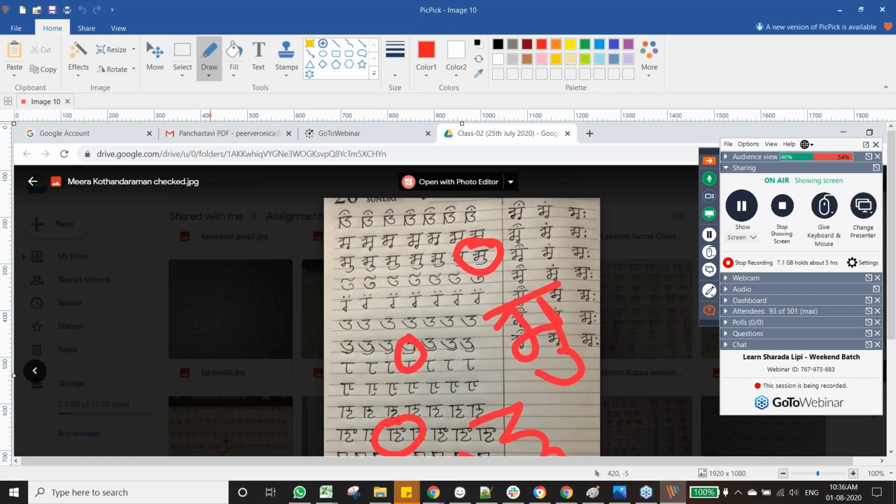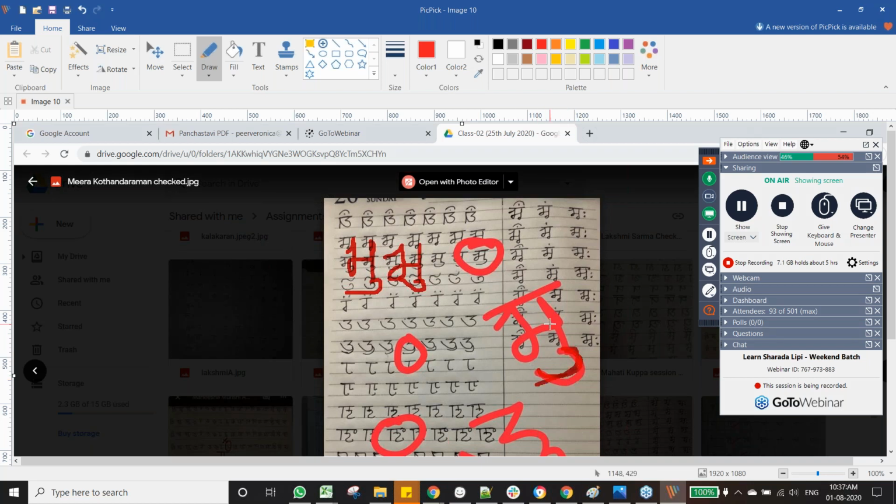Here, yes, one thing we have told in the last class also, when we draw this u matra at the end, it should not be like this. It should not be parallel to the character above. How it goes is like this, and then it goes upwards. It turns upwards. See, something like this. It goes up here. It doesn't go flat. It doesn't go parallel to the figure.